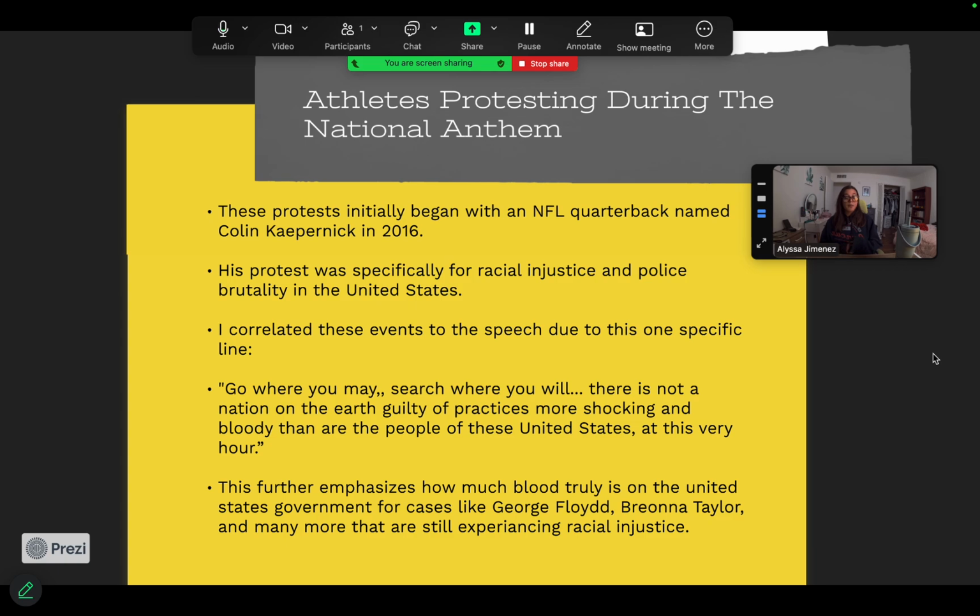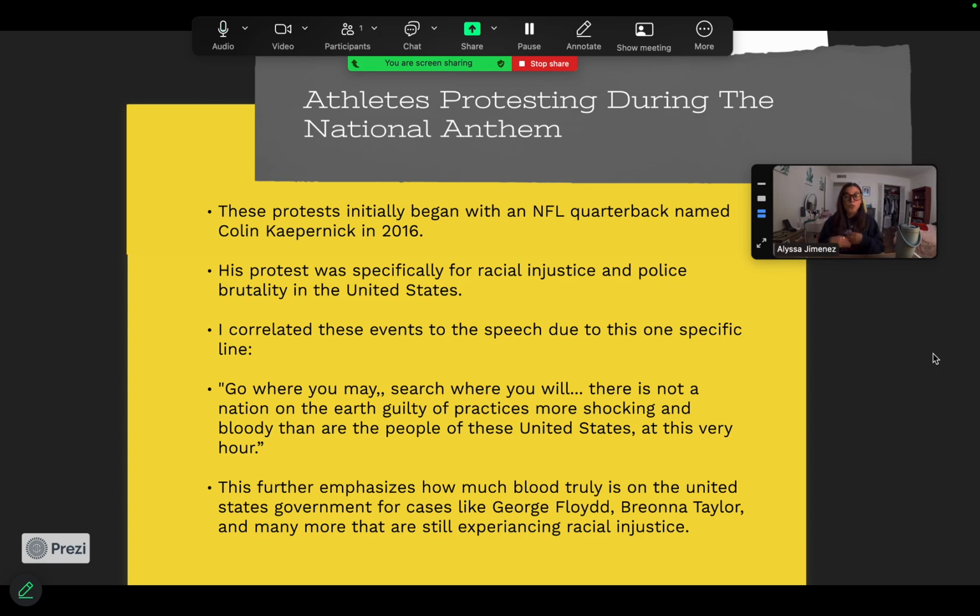The national anthem protest initially started with an NFL quarterback. Do I know what team? No, I am not that gal, but I can tell you his name. His name is Colin Kaepernick, and it started in 2016, specifically August 26th. It was written in one of the articles that I have linked in my citations, if you want to go check. But this protest was specifically for racial injustice and police brutality within the United States. I feel like this directly correlates with George Floyd and Breonna Taylor, and it correlated to the speech in the sense that